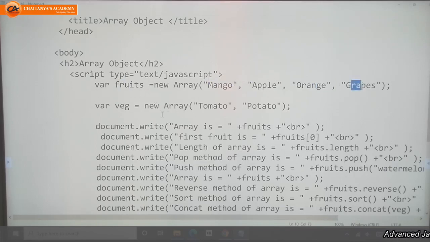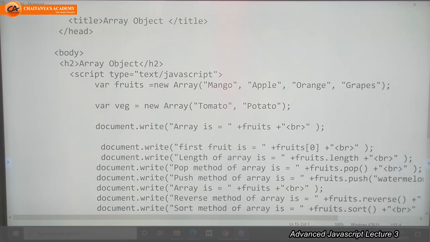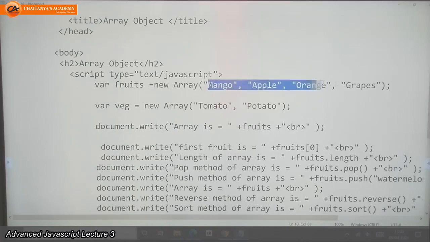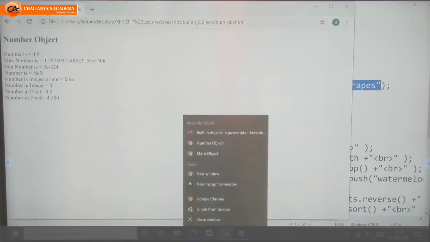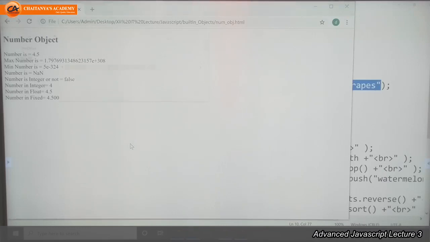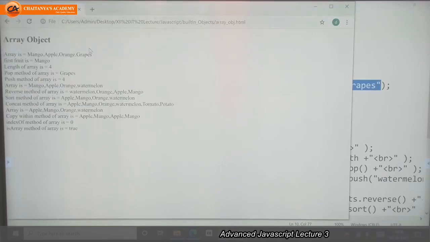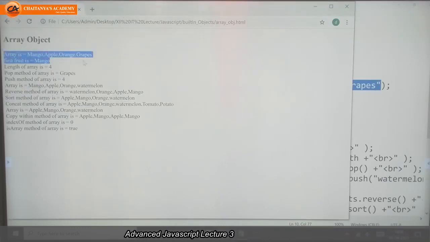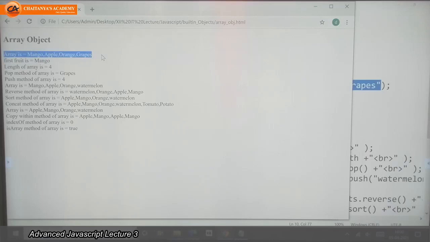So my first document.write will be: Array is fruits. Fruits means it will have the values like this. We will see the output. See, array is mango, apple, orange, grapes.